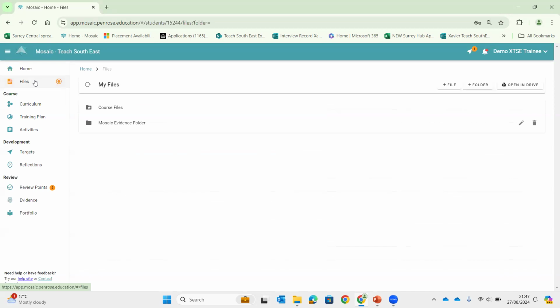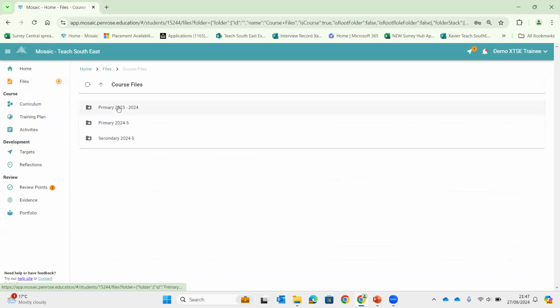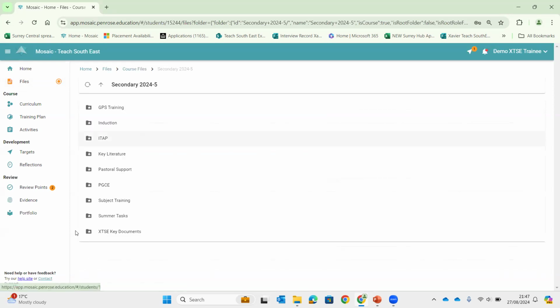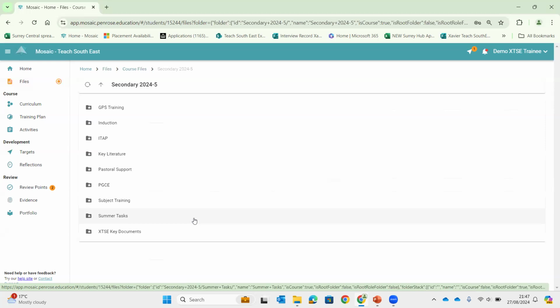If you click into files, there are two folders. The first folder is your course files, and these are files that are put onto Mosaic by us centrally at Teach Southeast. And this is all of the key documentation and information that you need for the course. So you need to select either primary 2024-5 or secondary 2024-5, depending on which phase you're in. And in there, you will find all of the resources and the materials that you need to access as you